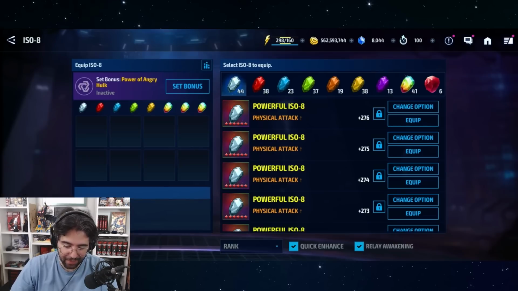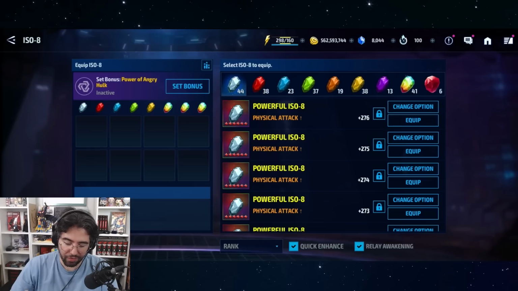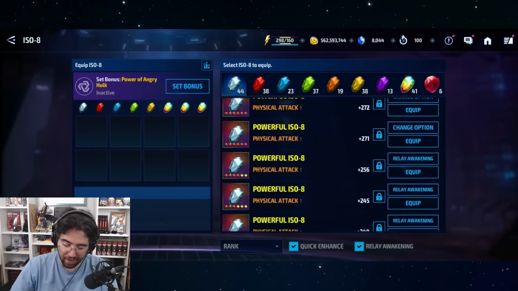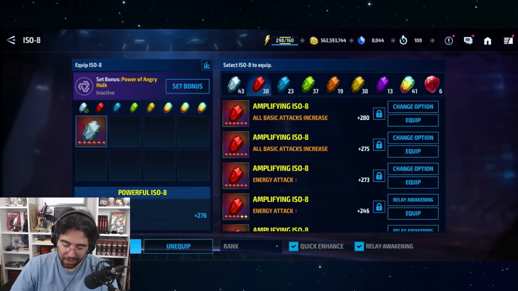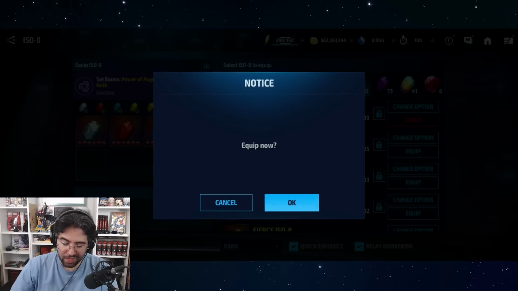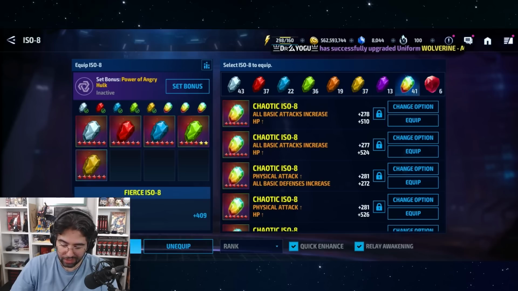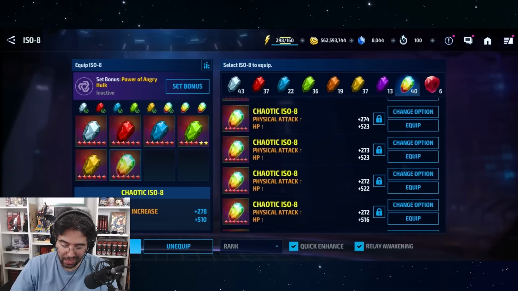Wow, super lucky. Keep in mind she is an energy attack character, so the silver ones are going to have to be all attack, which I actually don't have any of, so I'm going to have to re-roll this one later. But the red ones can be either energy or all attack. And then we're going to just go through here and equip all of these until we can see what the new stat breakdown looks like. We're going to go with all attack HP or energy attack HP,